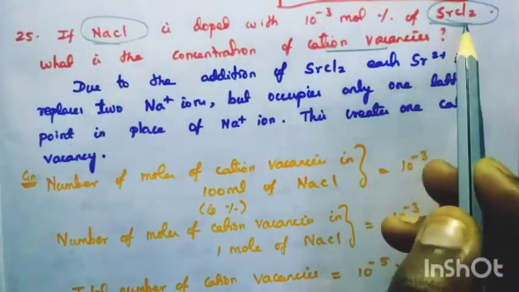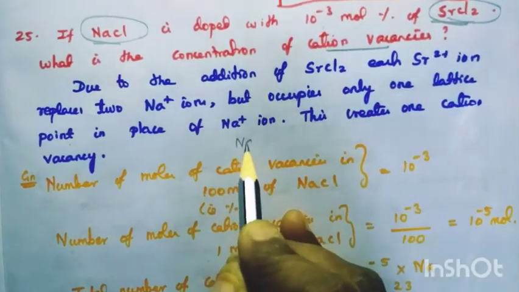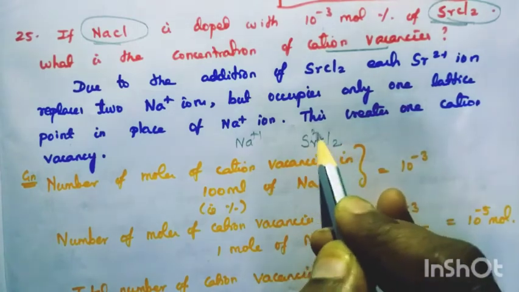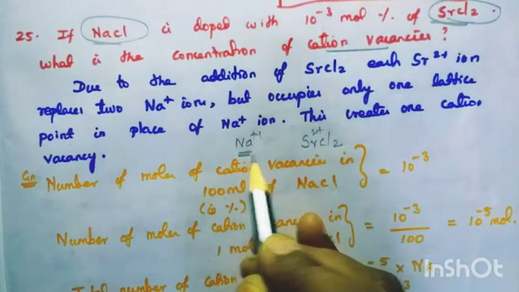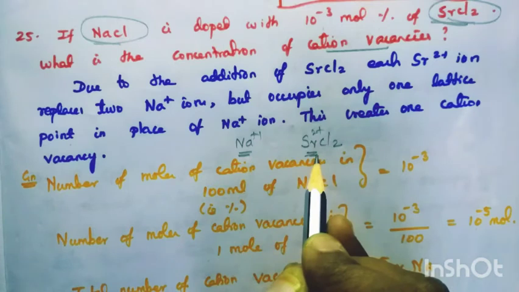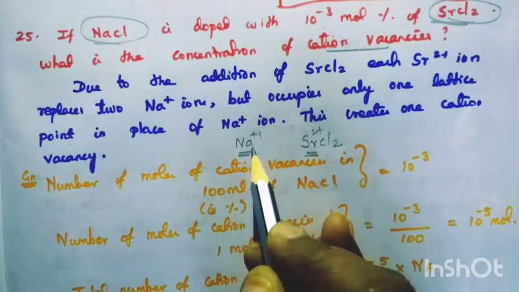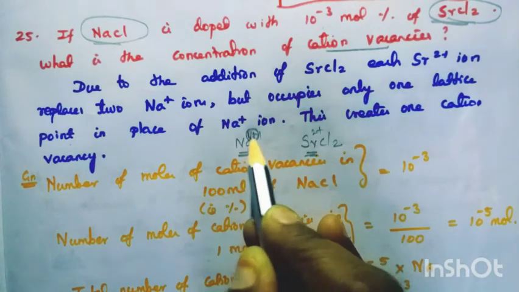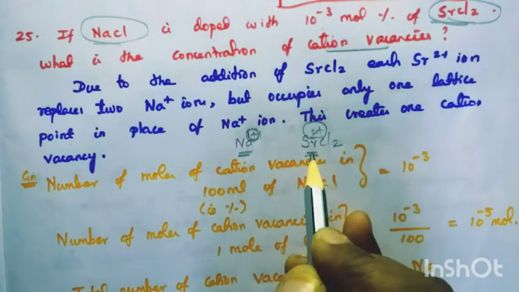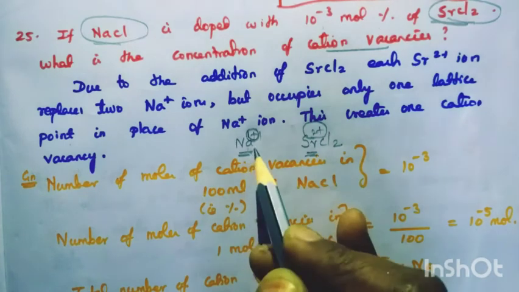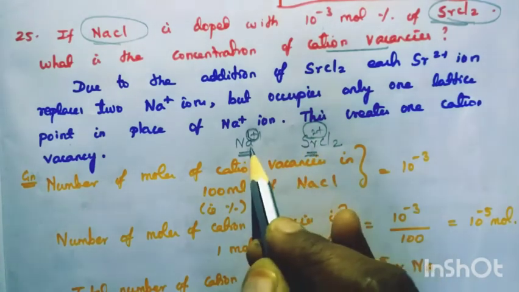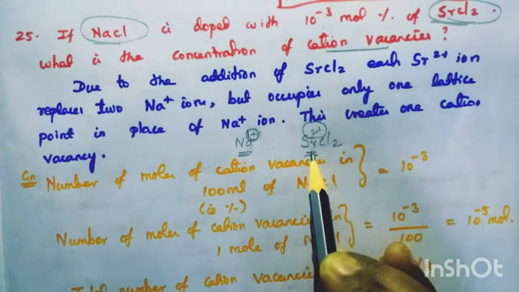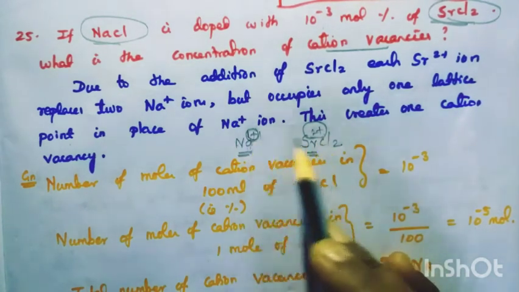This one is doped. Na has a plus 1 oxidation state. But in SrCl2 it is 2 plus, no? So, 1 Sr2 plus is there, means it has to replace how many Na plus ions? 2 Na plus ions, since it is 1 plus. Only 1 plus is there; here 2 plus is there. If it wants to occupy this space, it has to remove 2 Na plus and substitute 1 Sr2 plus, due to the varying oxidation state.